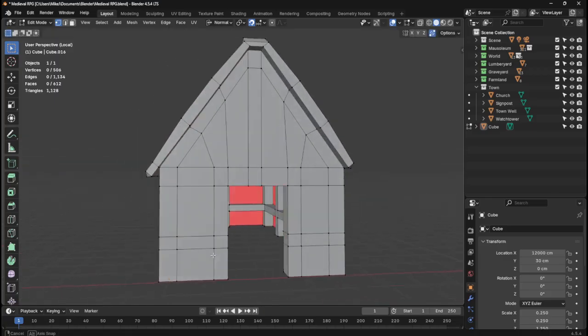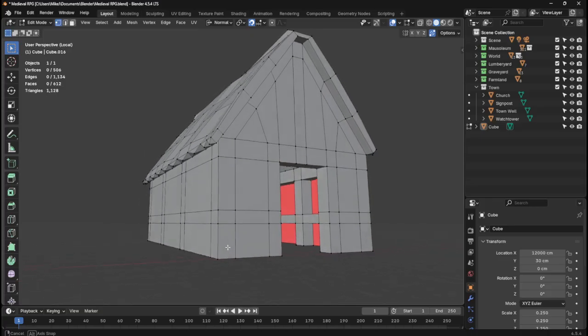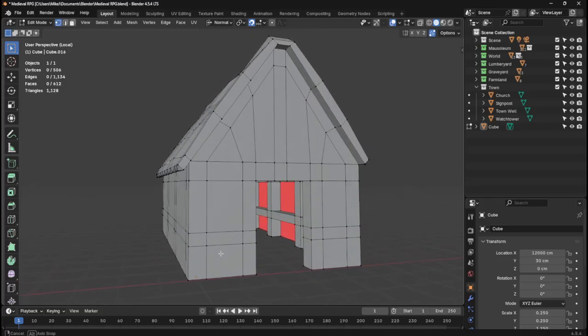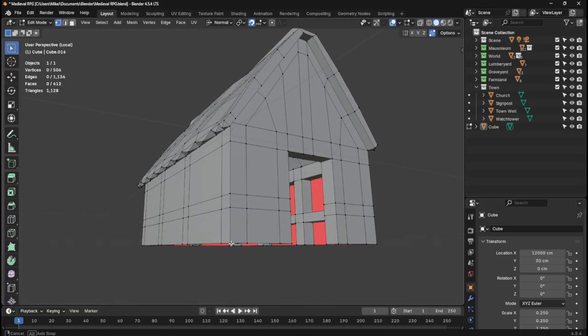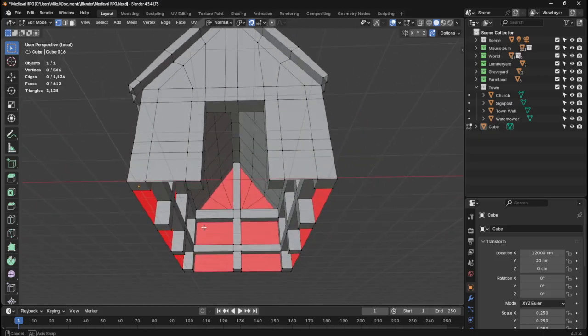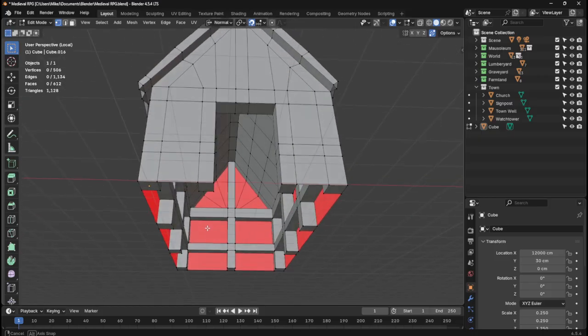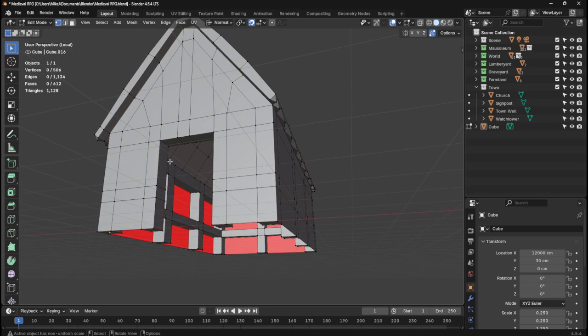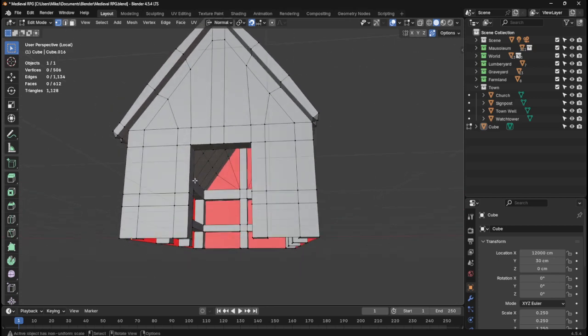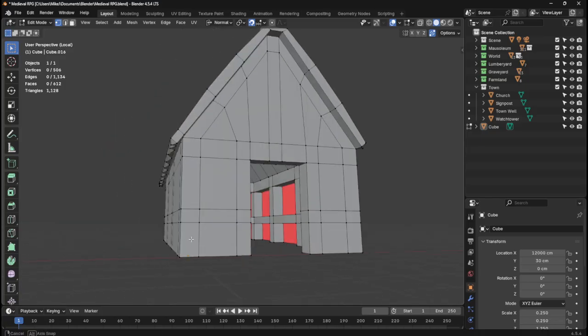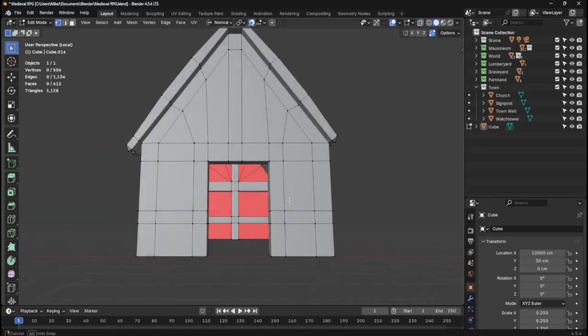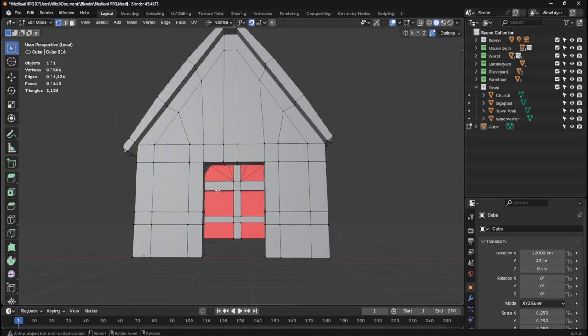I don't want to cut all the way through that. I mean, if I deleted these faces here, bridged it, inset,